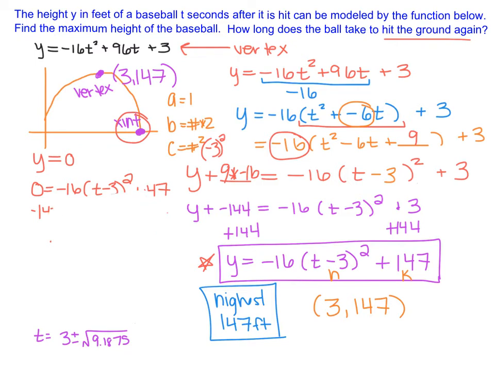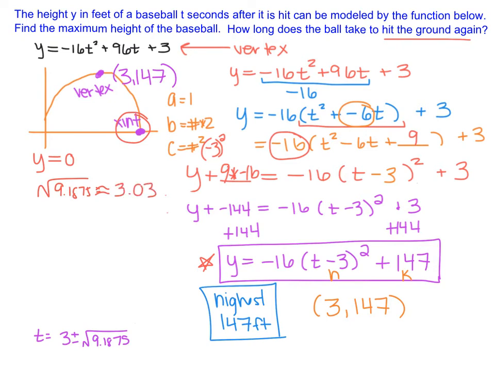I'm going to square root that value so I can figure out exactly what it is, and then estimate exactly how long my baseball is in the air. So if I take the square root of 9.1875, and round to 2 decimal places, it is approximately